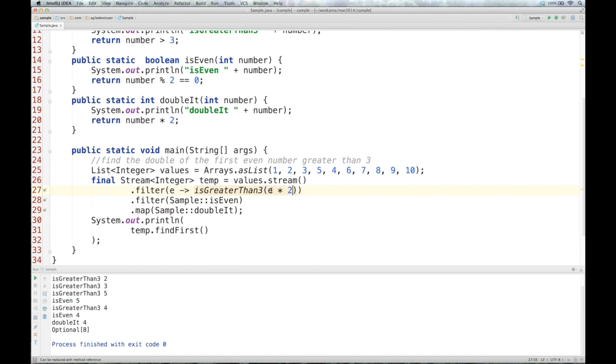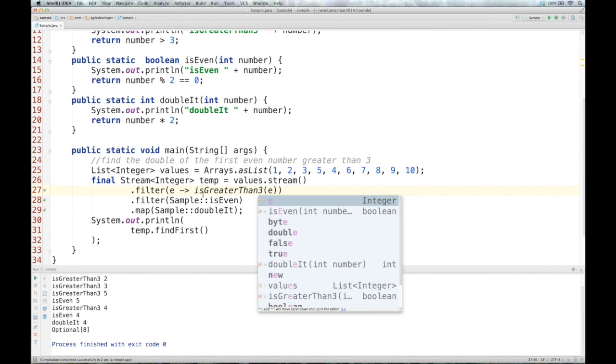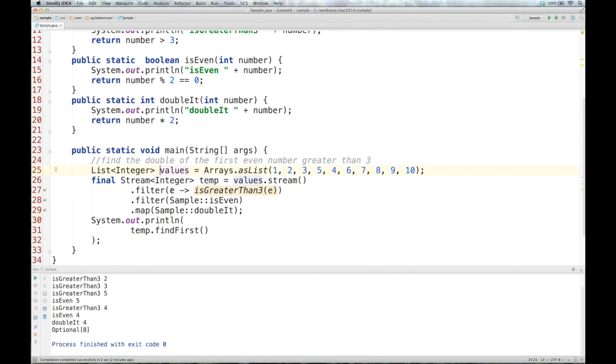Imagine for a minute we had to do a ×2, for example. Well, if you do something like that, did you notice the IDE doesn't prompt me to use method reference anymore, because it figured out that there's actually a bit of intelligence in this code, so method reference cannot be used here. But if it's a simple pass-through where what you receive is what you send,